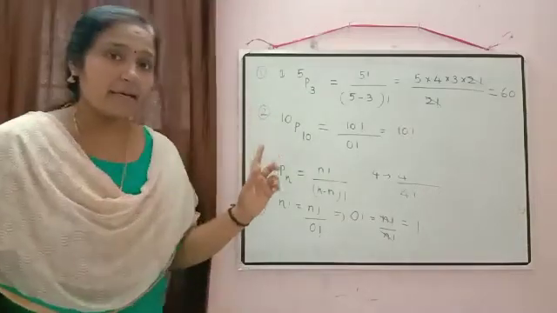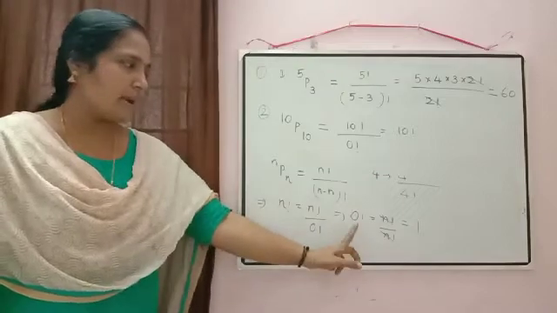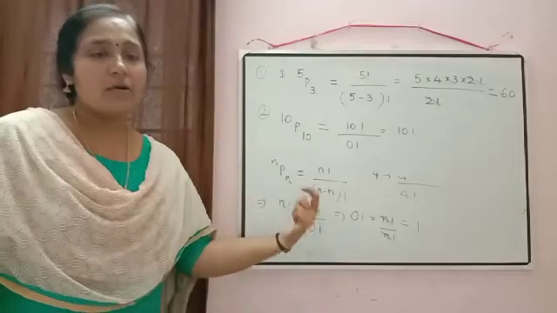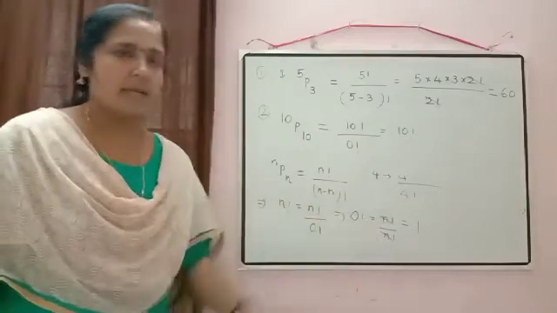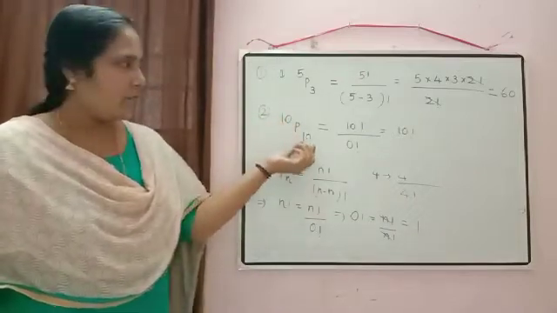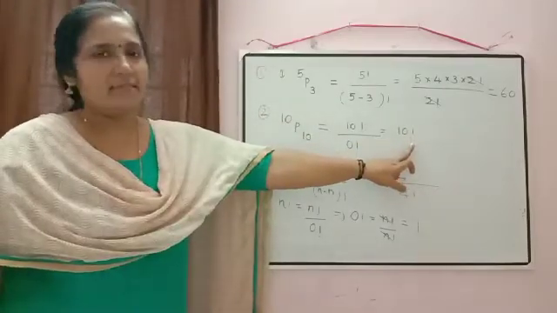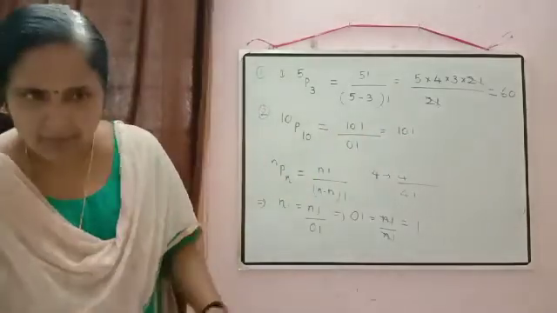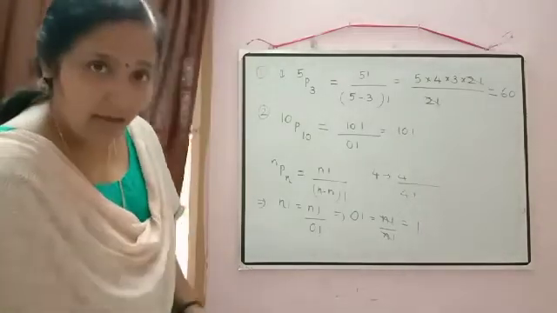When I started the concept of factorial, at that time I told you that 0 factorial you write at present as 1. Later we will prove how 0 factorial comes 1. So this is the proof for 0 factorial is equal to 1. So if 10 numbers are there and you have to fill 10 places, that can be done in 10 factorial ways. You don't have to write the formula for that. If 5 numbers are there and you are making a 5-digit number, that can be done in 5 factorial ways.